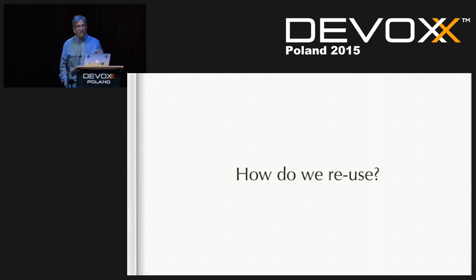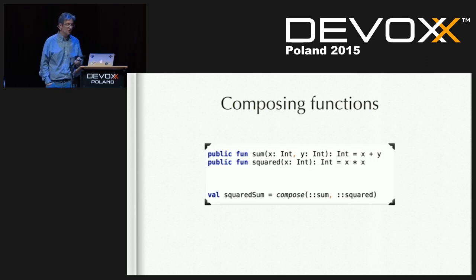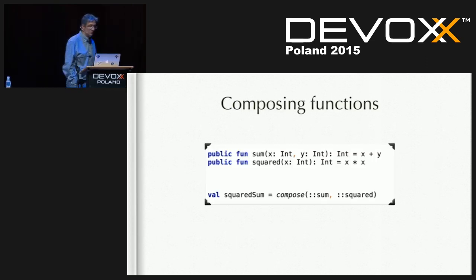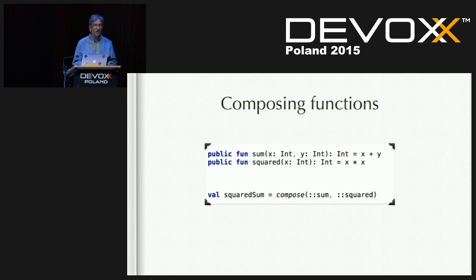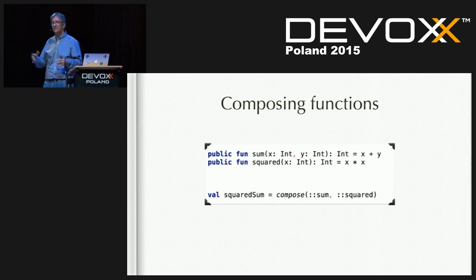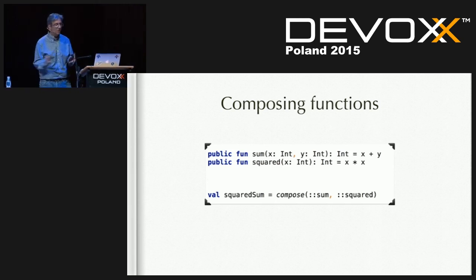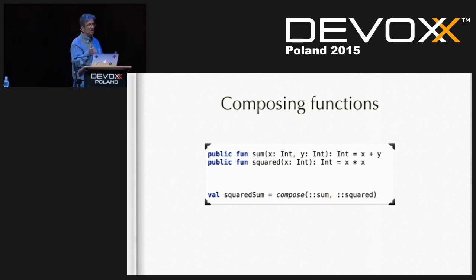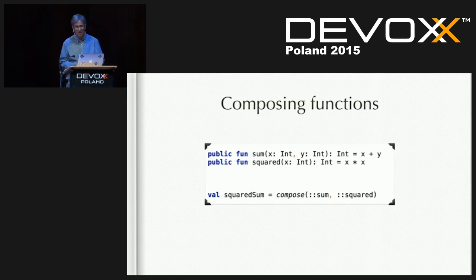So how do we reuse? If we have all of these functions and we have these primitive building blocks of functions, how do we reuse these functions all the time? So we can compose functions. Here, for instance, I have a function called sum and a function called squared, and all I want to do is compose them. Now, Kotlin doesn't have first-class composition. Pretty much the only language that has that is Haskell. But what I'm doing here is I've created a function that, guess what? It allows me to create composition of functions. And you can do this with pretty much any language.